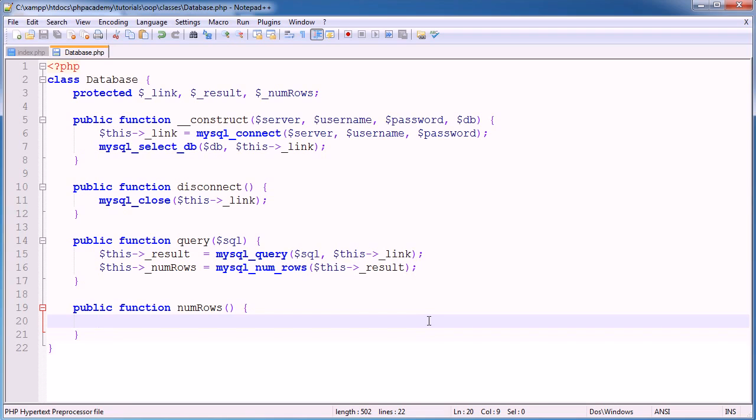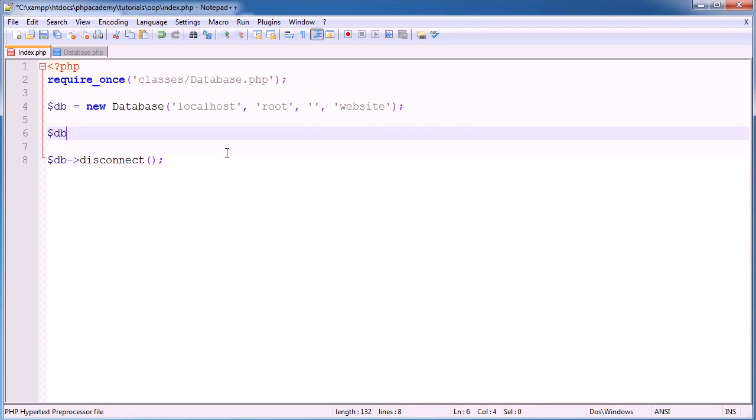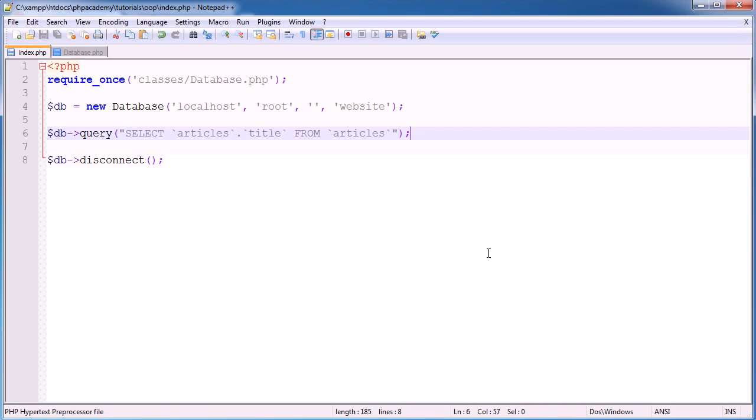So in the numRows function, which I've just created there and outlined, all we're doing is setting a return value for this method, and what we're returning is this numRows, and that's it. So now when we use numRows, it will only return the value created from the last query. So let's go ahead and fill in the gaps here. I'm going to use db query, which we've already created, and I'm going to select articles.title from articles, and let's reload this page just to check that everything's fine,